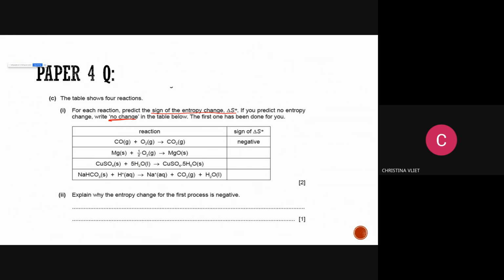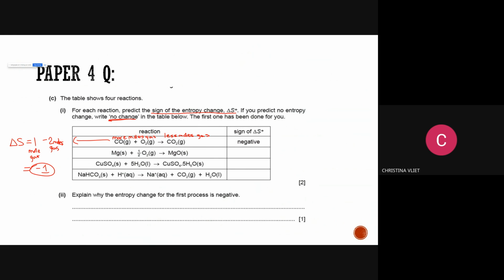So the idea is that you're going from more moles of gas to less moles of gas. I remember in my chemistry classes, what we would do is we would count the moles of gas on each side and subtract them. And that's how we would get the signs. So here that would be, if we wanted to do it that way, it would be delta S is 1 minus 2. 1 mole gas for the product minus 2 moles gas for the reactant. And what's 1 minus 2? Negative 1. That's how we would do it in my classes.